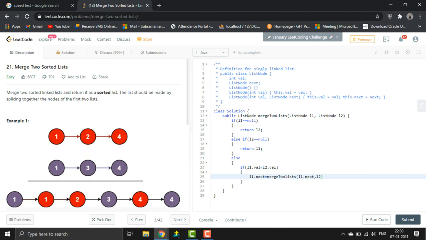Since L1 is lesser, we have to return L1, and we are moving to the next element in the first linked list.